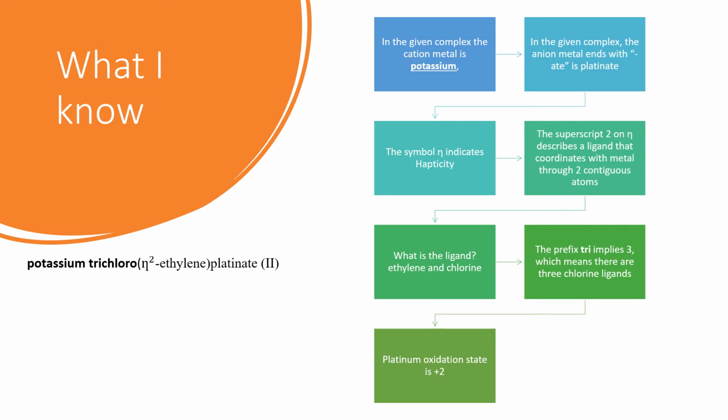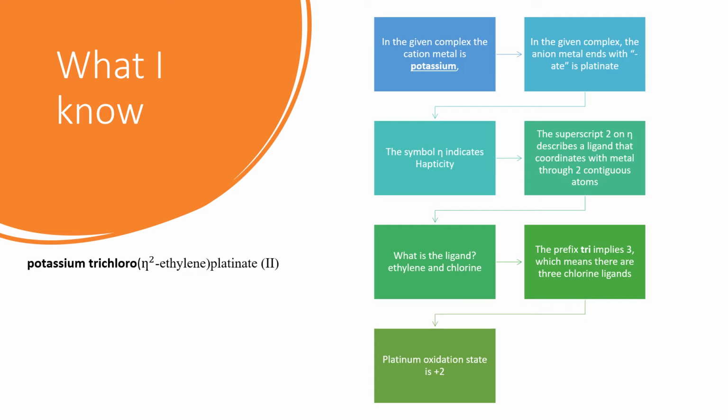which in this case is potassium, because we know that the cations are named first, followed by an anion ending with -ate. So in this given complex, the cation metal is potassium and the anion metal is platinate. The symbol eta indicates hapticity, which indicates the coordination of a ligand to a metal center. So in this case, the superscript 2 implies the coordination of the ligand to the complex metal through two contiguous